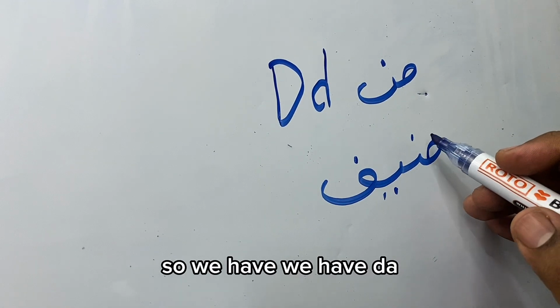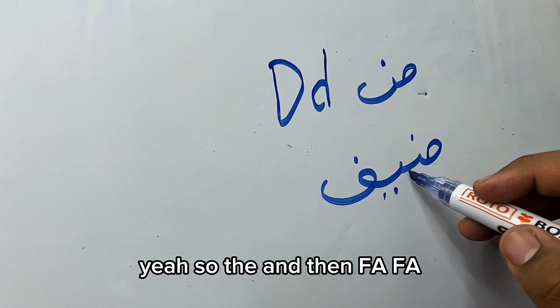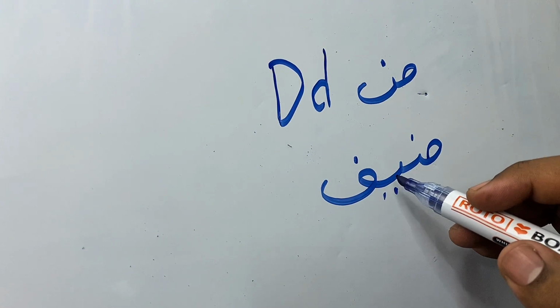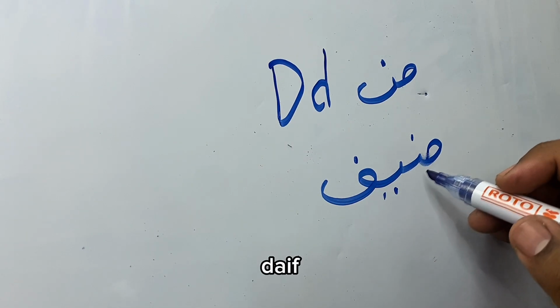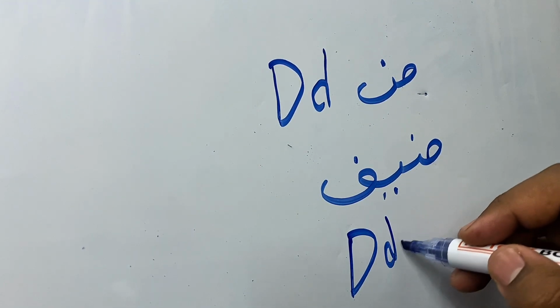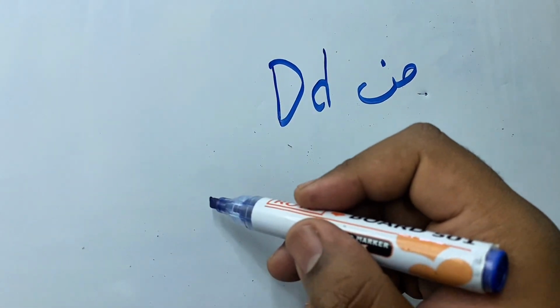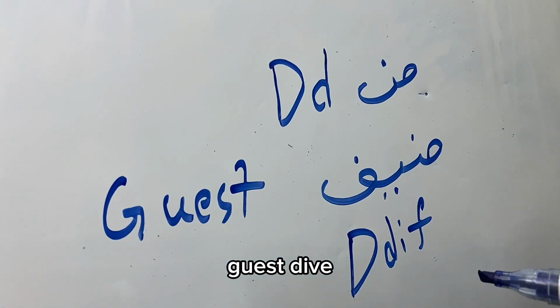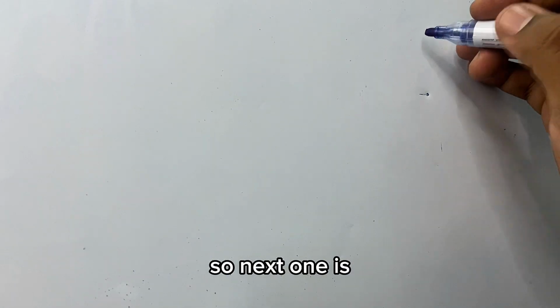so we have do, ya, so the, and then f. So this is daif, which means a guest. Daif. All right. So next one is,